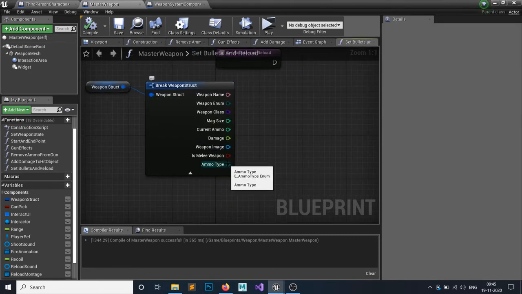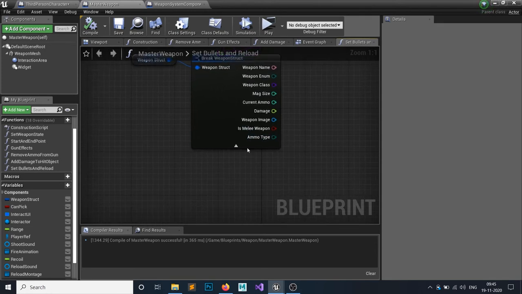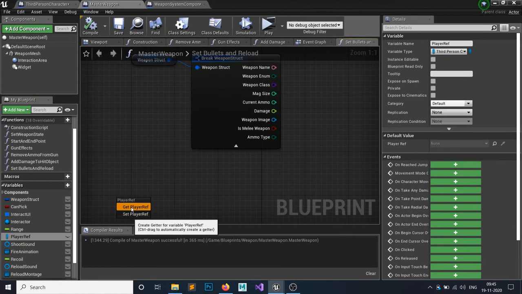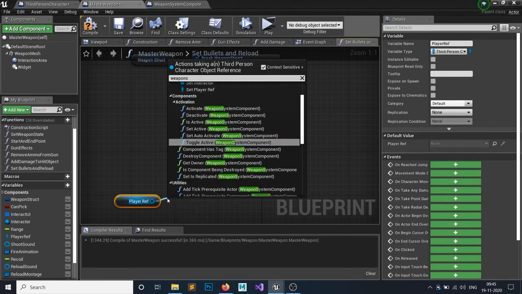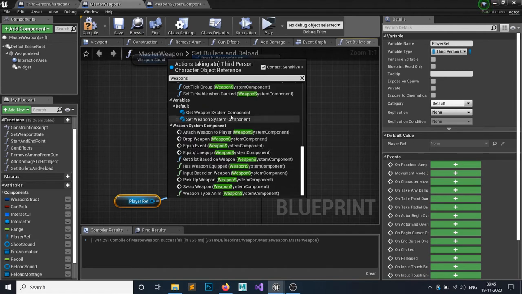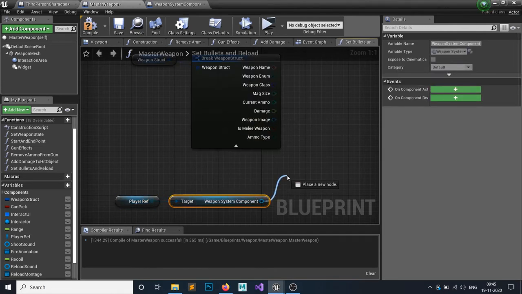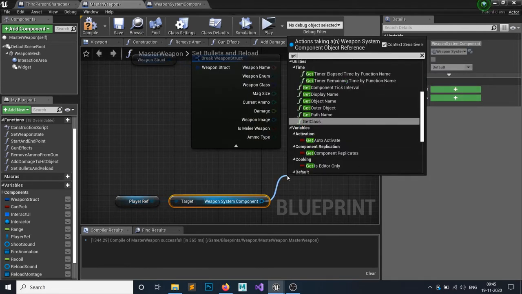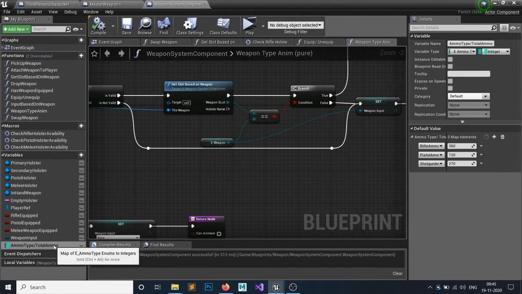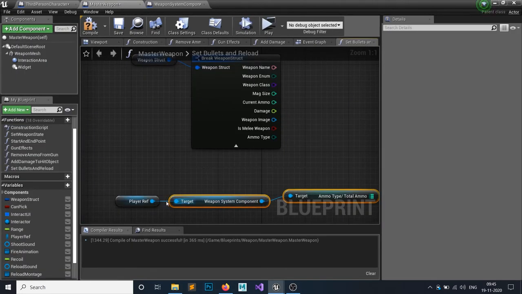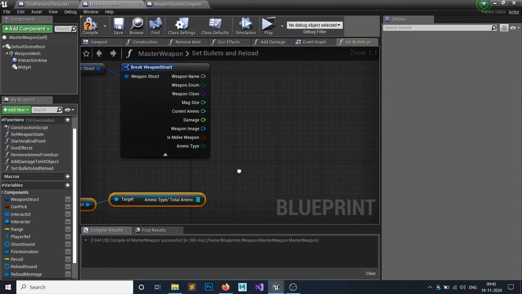So what I need to do is find this ammo in my player's weapon component. So grab that weapon system component, get the weapon system component. From there get ammo type, this map we have made, this one. So I have a map which has the ammo type / whatever the ammo is.